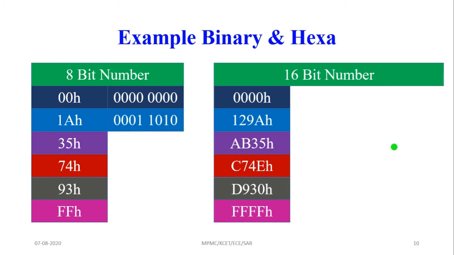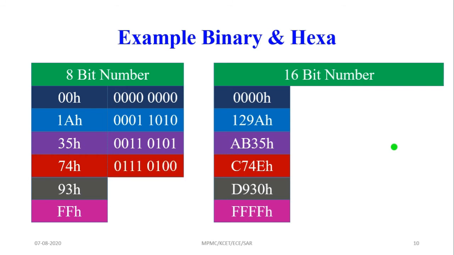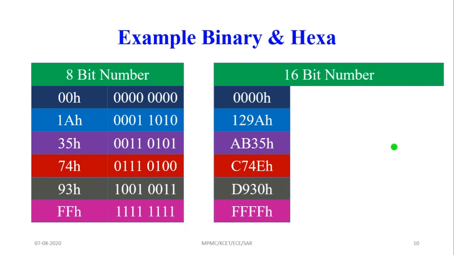Next, 1A means 1 and 10: A is equivalent to 10, which is 1010. 35 means 3 is 0011 and 5 is 0101. Then 74, that means 7 and 4, then 93, then FF. The simple way to calculate the binary number, as everybody learning this digital subject knows, is